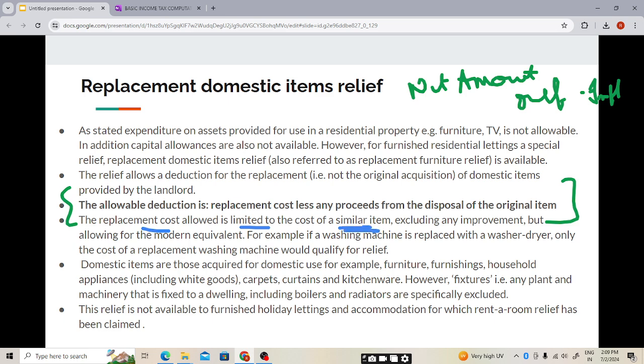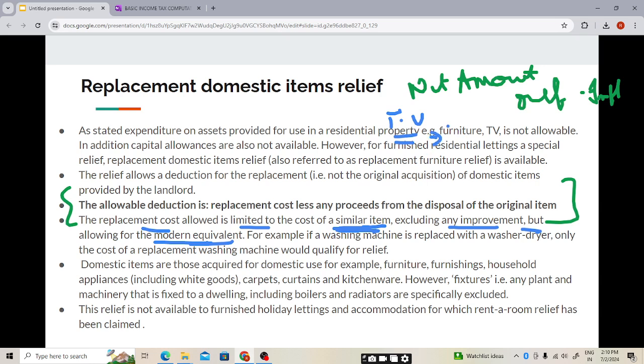the cost of similar items, that is like-to-like items, only like-to-like items can be purchased. The replacement cost, whatever you are replacing it with, is limited to the cost of similar items, excluding any improvement but allowing for a modern equivalent. So what HMRC is saying is that now you are replacing the TV. With a TV you can't